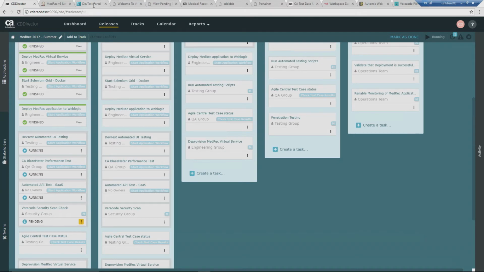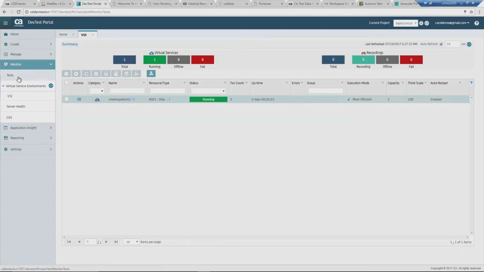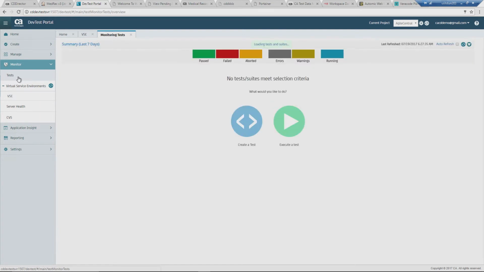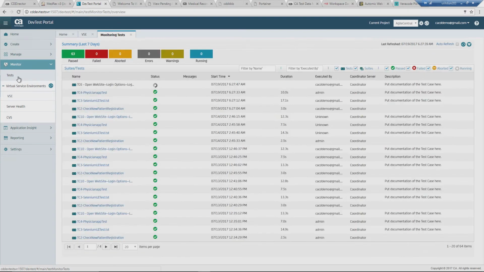So if we go to our dev test portal, we're going to go to tests. And what we'll see here is the tests that are running on the dev test platform. So on this screen, you can see that we've run 2, 3, 4. Number 6 is running. So if you remember, test case 6 was the test that we actually generated within the